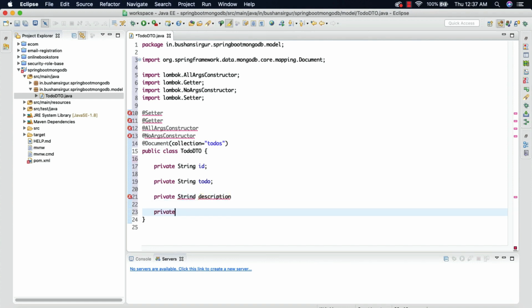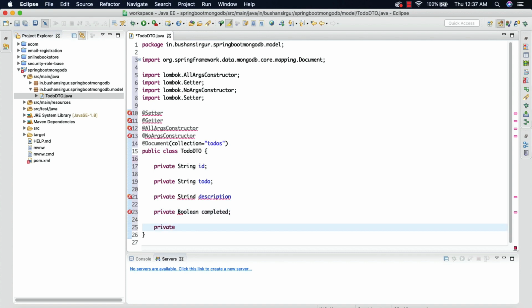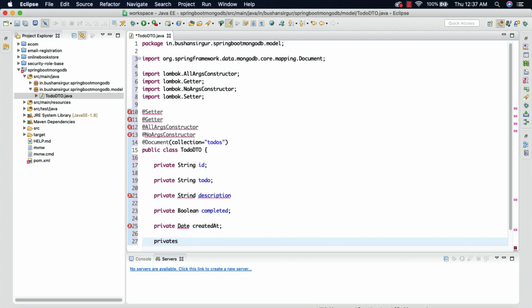And we are going to create completed, to specify whether the todo is completed or not, which is of type boolean. And I'm going to use timestamps. So private Date createdAt, and private Date updatedAt.